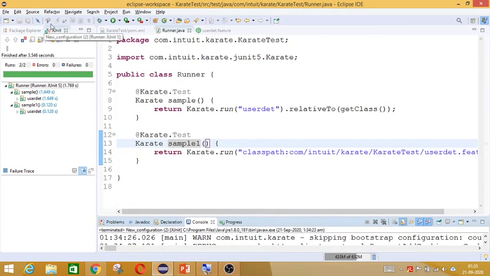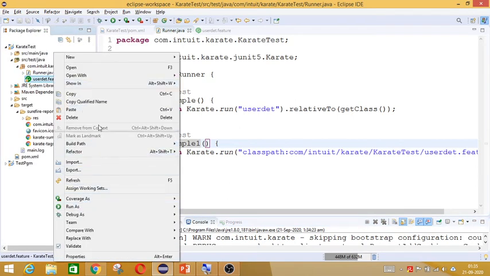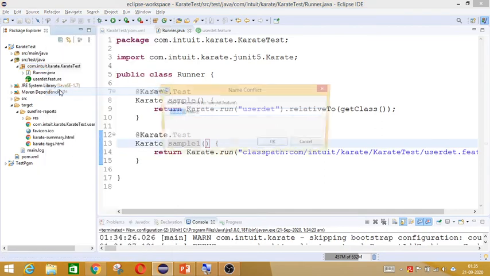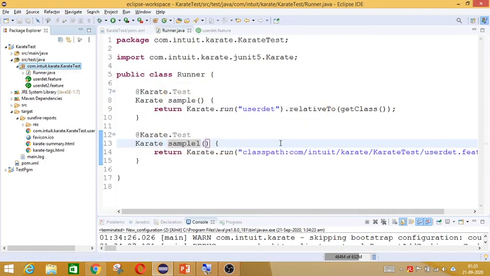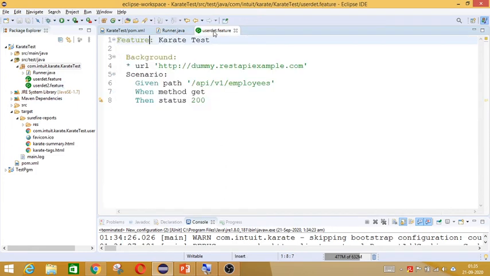What we will do, we will just do a simple copy paste. So you select this feature file, let us copy it, and then just paste the same one here. It is pasted as user detail2 dot feature. Now there are two feature files. So here we will ask it to call user detail2, and in the user detail we will give just a print statement for it to verify. So print, and we will say this is second feature. Okay, so we are just giving it for differentiation.